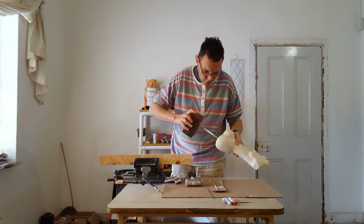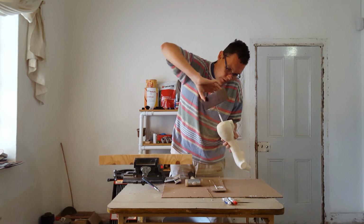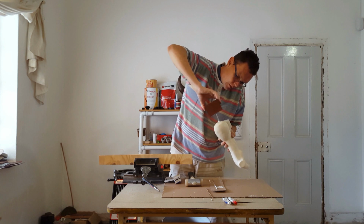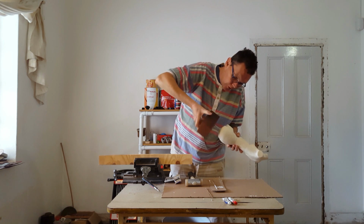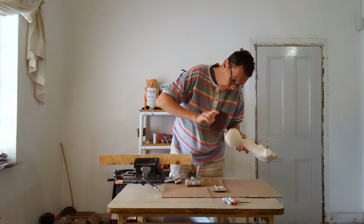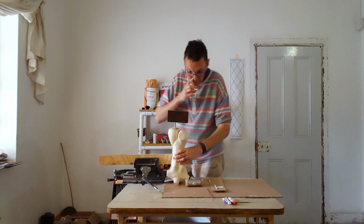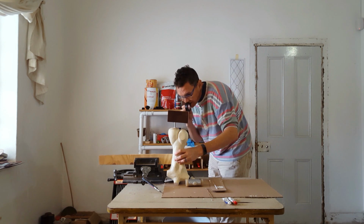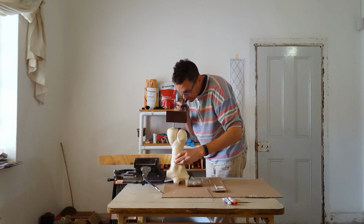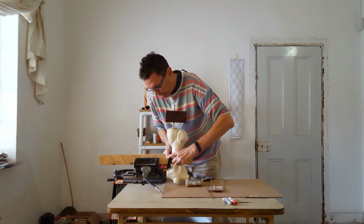Okay, and then I'm just going to, as I put it in, rotate it just to distribute the glue evenly. Oops. And I'm just going to